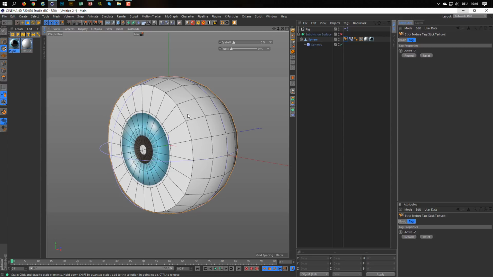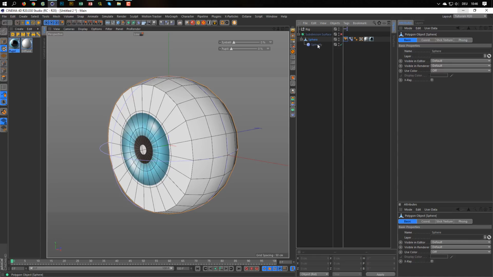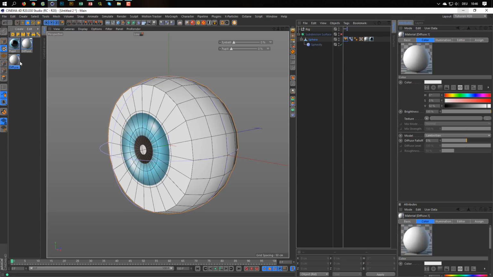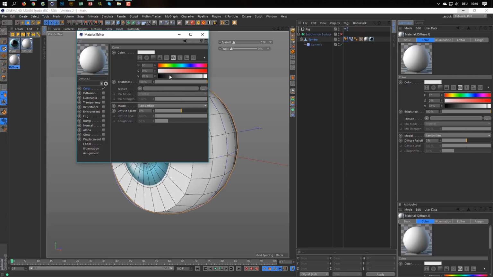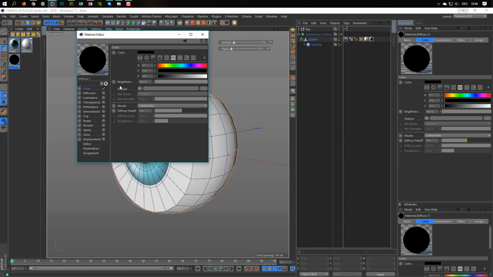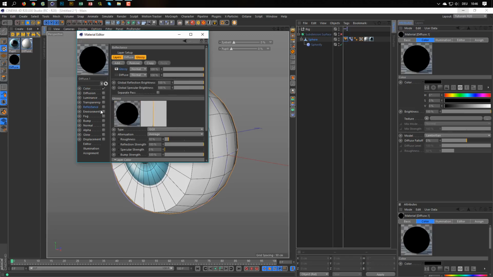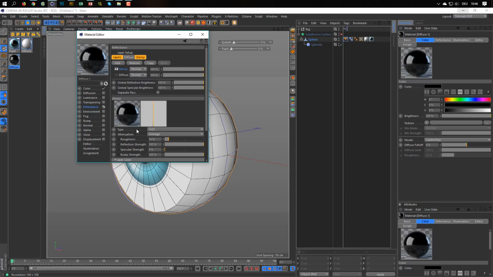But if we make the inside black, it would look okay too. So let's say we go to the sphere here, copy this material, this is the eyeball material, and make this black here. In the inside it wouldn't reflect all too much, but a little reflection we give it.